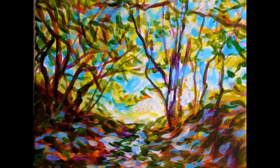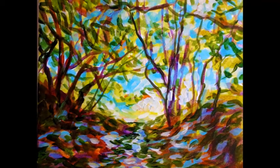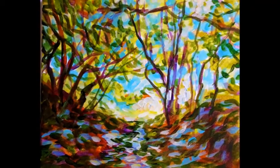Hi, this is Maria, and today I'll be sharing with you how I painted this little laneway painting, a tree-lined